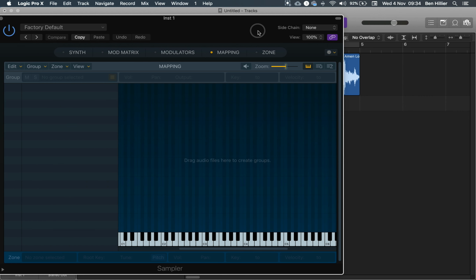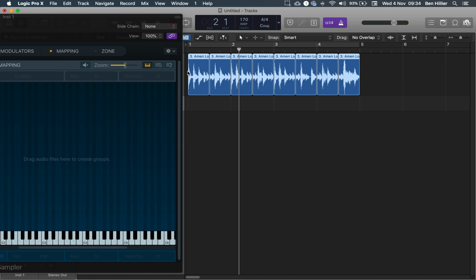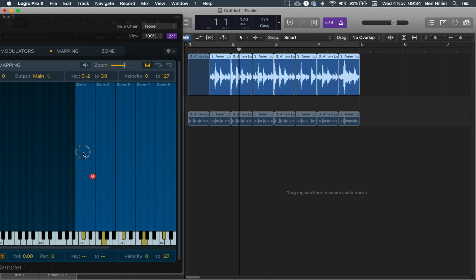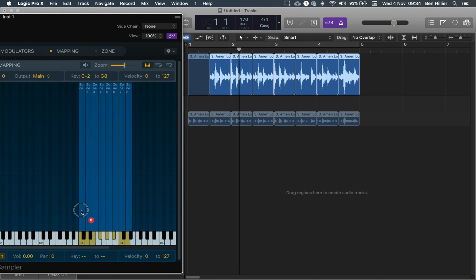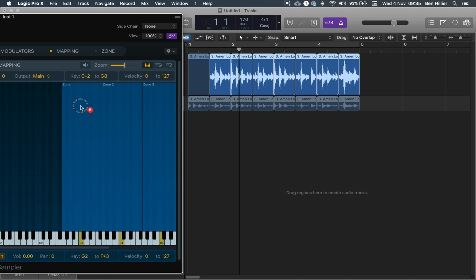So what we'll do is we'll move the sampler window to the side. We'll select our audio clips because we want to import all of them, and we will click and hold and drag them into the sampler window. Now, depending on the position of the mouse, it will vary how the samples are mapped. If you have the mouse right at the top, it maps pretty much all of the samples to all of the keys on the keyboard. As you bring them down, it will